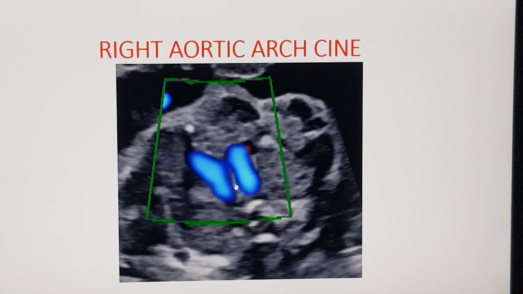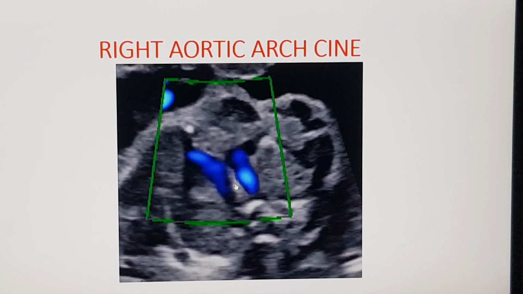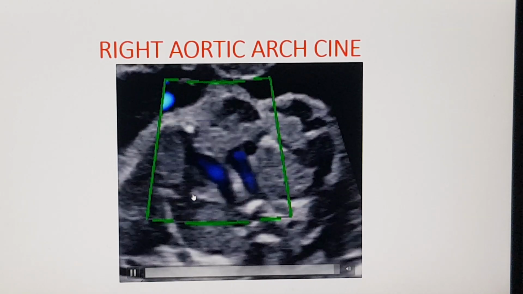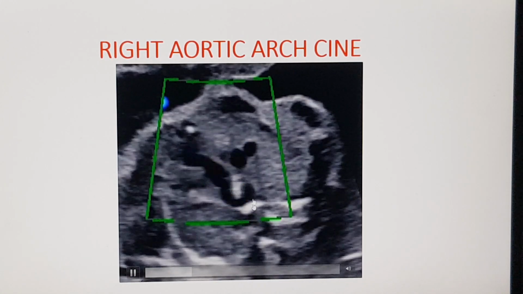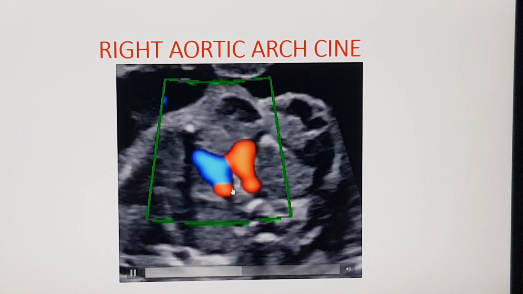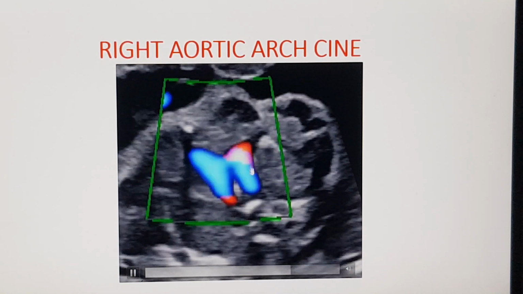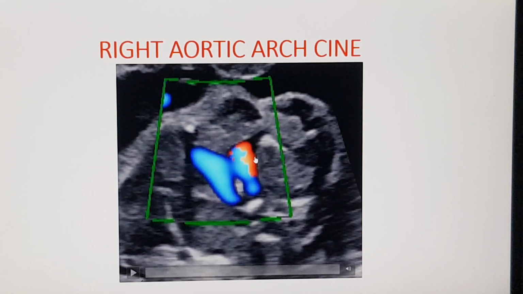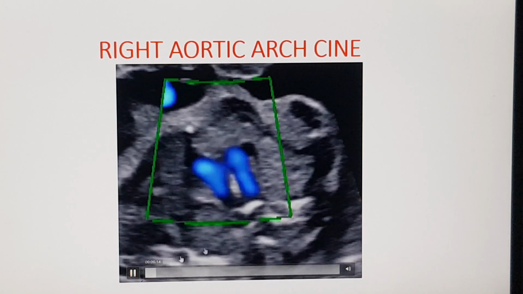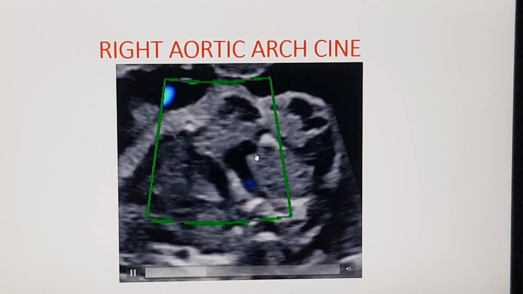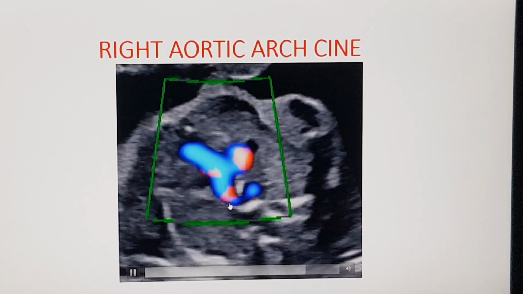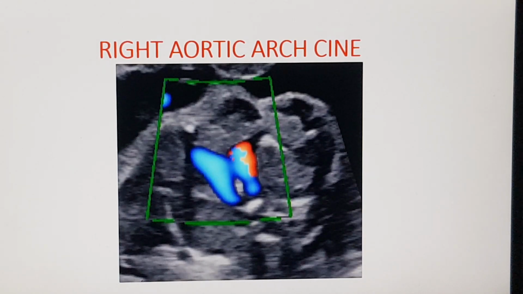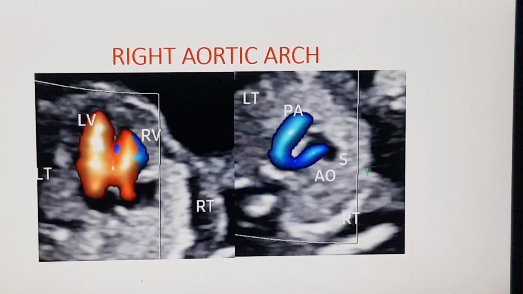So you can see that the ductal arch is on the left side, the aortic arch remains on the right side, that's the trachea, and you can see the confluence is not a V but a U, and it encircles the trachea, and the SVC which does not fill in color is on the right side. So this U confluence around the trachea is the characteristic color Doppler cine of a right aortic arch.